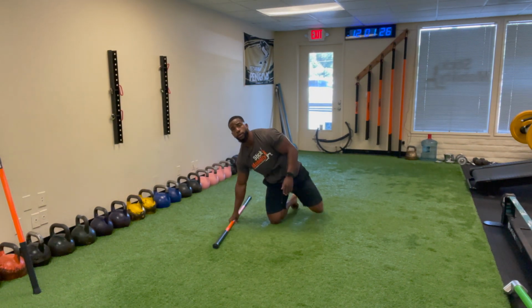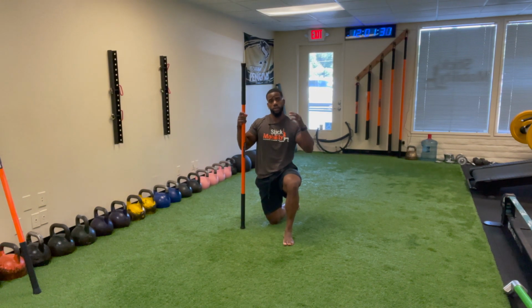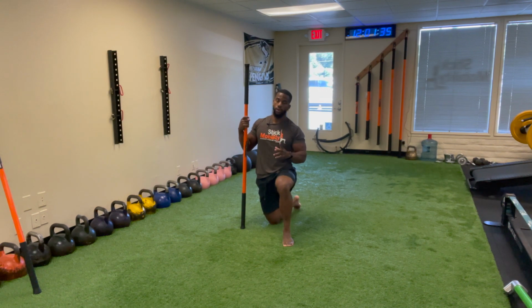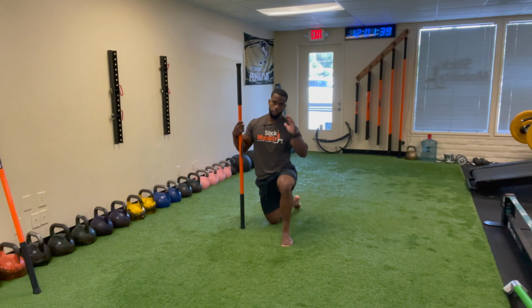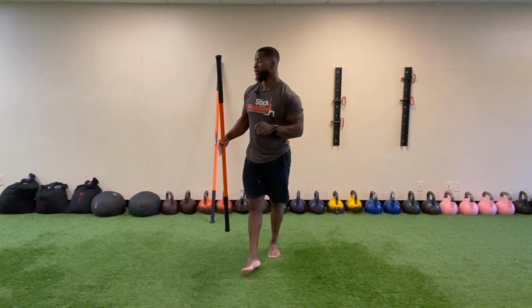Now we're going to switch gears into doing a single leg drill. We're going to specifically work with the single leg RDL. However, we're going to use a stick behind our back to keep some good rigidity, but also again work on that patterning. All right, folks, so I'm going to grab the long stick,